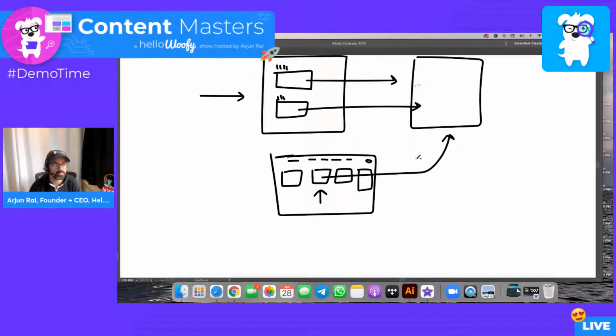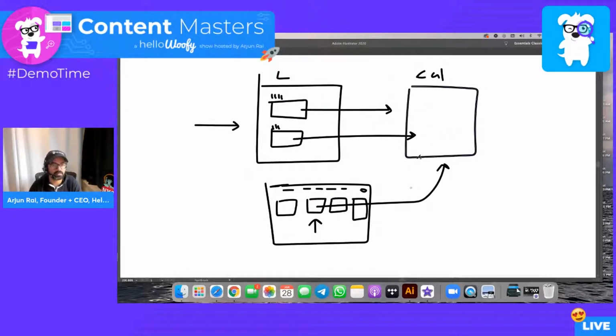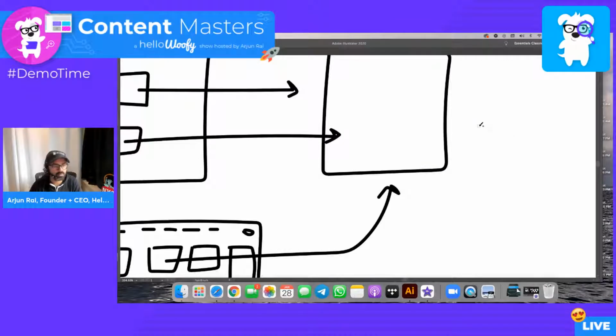That could be a problem, because if you're using content that could be shared again and again, you should be putting it in the library in the first place. The reason why that's important is because if you're not doing that,